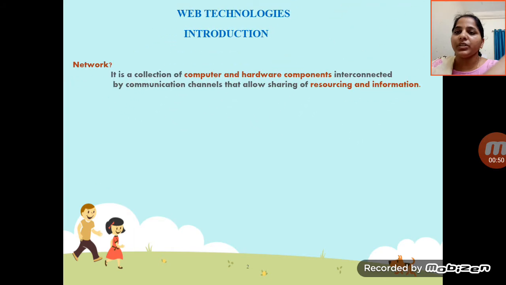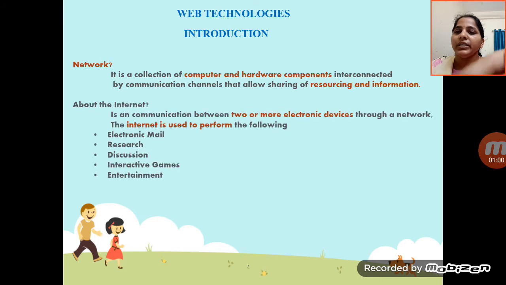First, the introduction of web technologies. Before going to that, I will discuss networks. What is a network, and for what purpose do we use networks? A network is a collection of computers and hardware components interconnected by communication channels that allow sharing of resources and information.